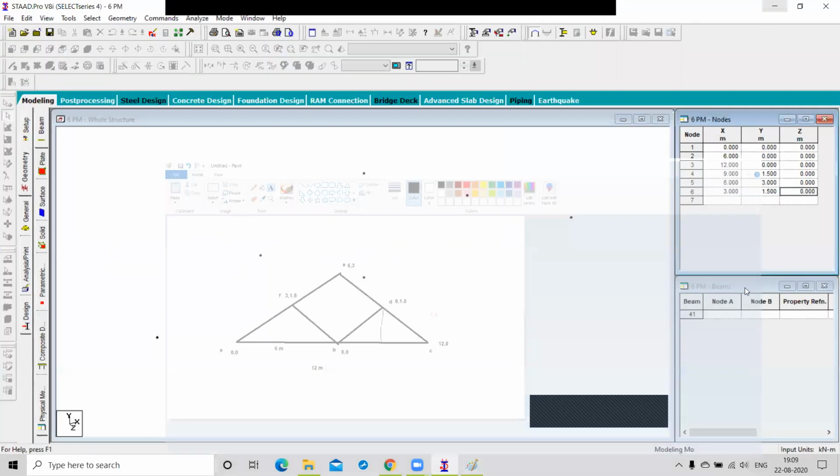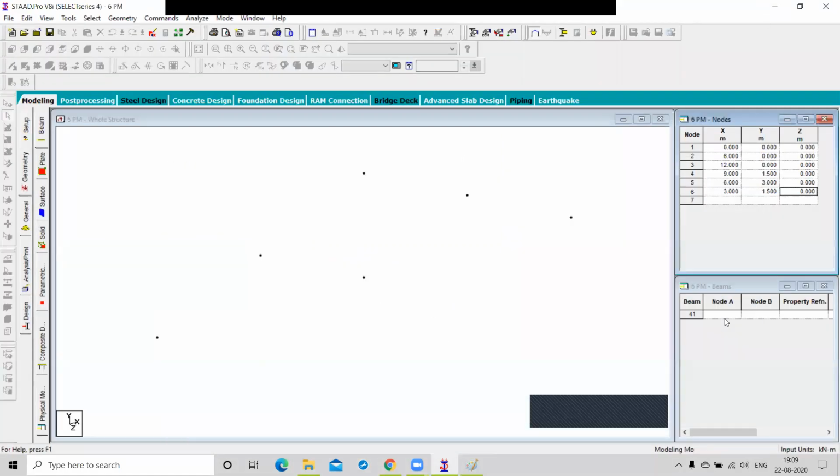Now we have to draw the beams. In the downward direction we have the second window called beam, right? Here we have node A and node B options.